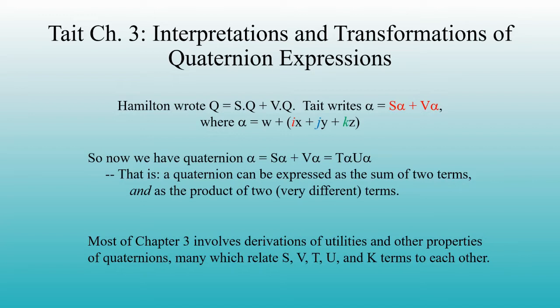What follows is the derivation of a large number of identities relating these four operations, along with K, the conjugating operation, to each other, and using these to prove many of the results from Euclidean geometry. I confess that I spent a couple of days trying to work my way through this chapter, but I found it a lot like trying to read Homer in the original Greek. Okay, I'm sure it's beautiful, but at this stage of my life, I just don't think I'm willing to commit that much effort to learning what is essentially a new language.